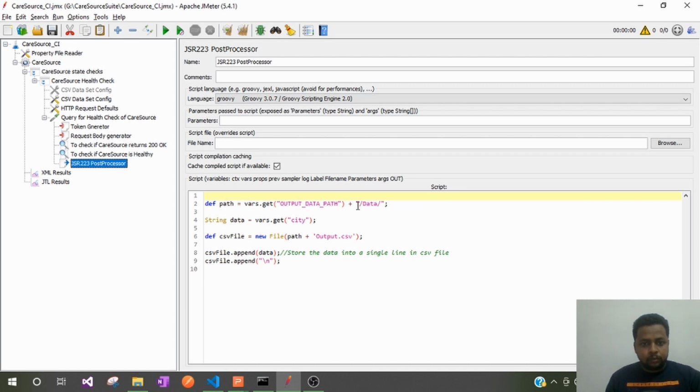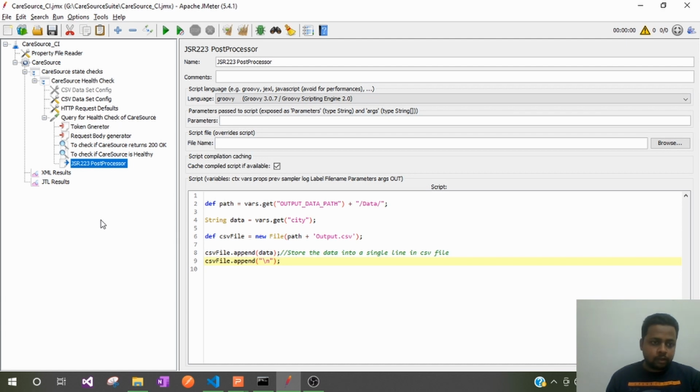The post processor will be used to read the response of the request and then do some analysis and some operations, such as here what I'm doing is just creating a CSV file and then writing some data into that CSV file post the test suite execution. This way we can read the response of this HTTP request and pass various information we want, and we can store it or make it useful for the subsequent request as well.